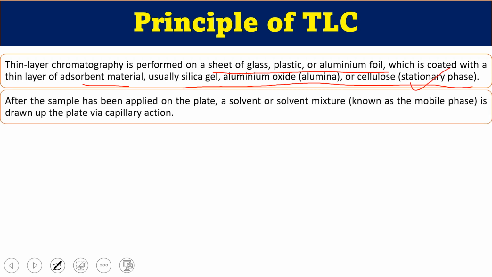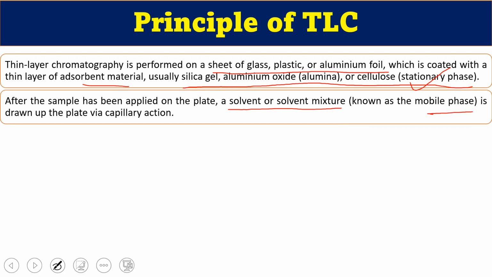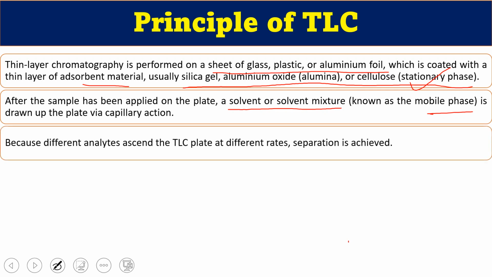And after this sample has been applied onto this plate, the stationary phase, a solvent or solvent mixture, which is called the mobile phase, is drawn up the plate via capillary action. So from the bottom of the plate, the mobile phase solvent rises up, and because different analytes ascend the TLC plate